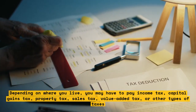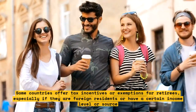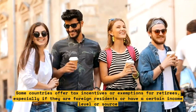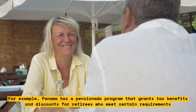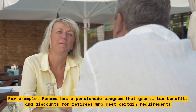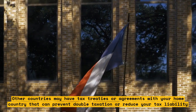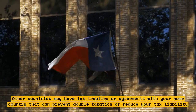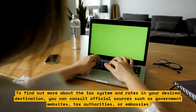Some countries offer tax incentives or exemptions for retirees, especially if they are foreign residents or have a certain income level or source. For example, Panama has a Pensionado program that grants tax benefits and discounts for retirees who meet certain requirements. Other countries may have tax treaties or agreements with your home country that can prevent double taxation or reduce your tax liability. To find out more about the tax system and rates in your desired destination, you can